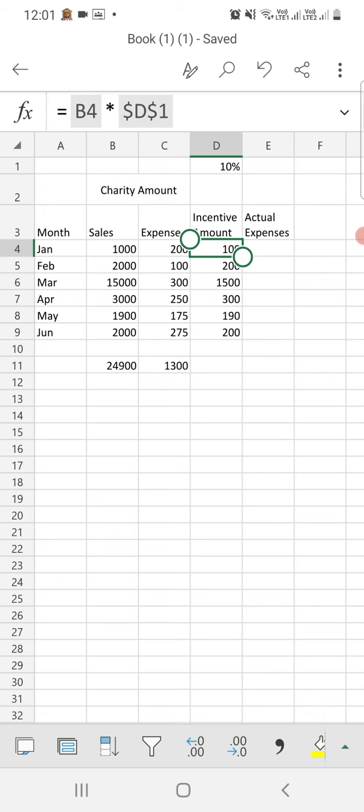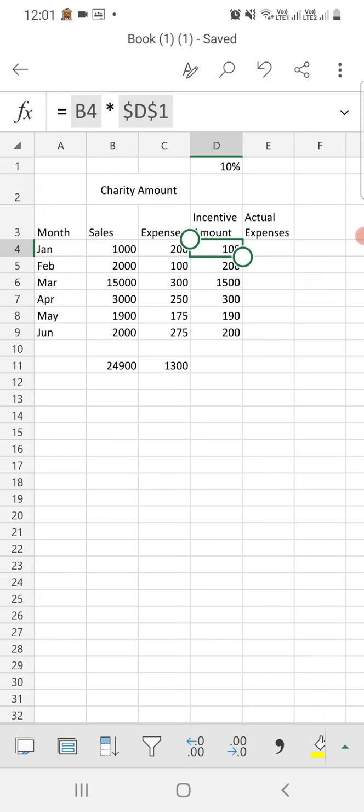Okay, that is our absolute reference. Next we need to calculate the actual expenses. When we use the relative reference and absolute reference together, that makes a mixed reference.